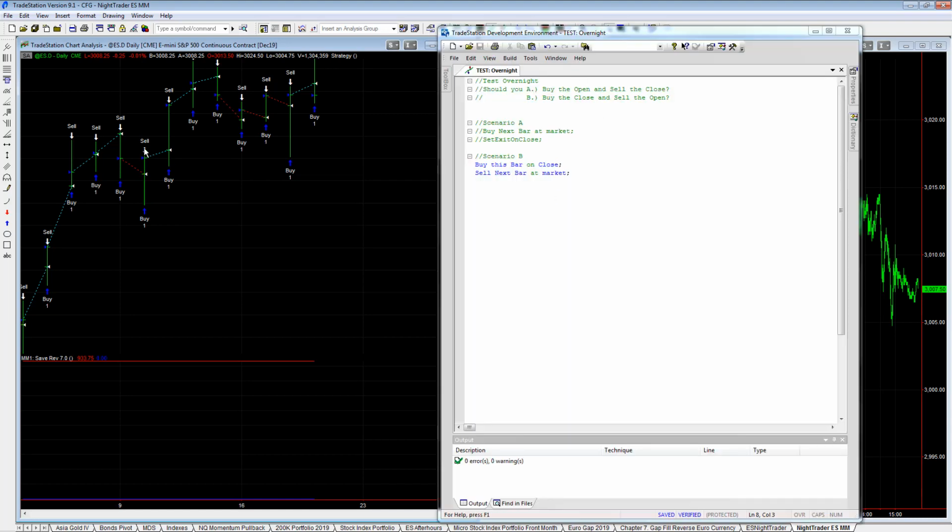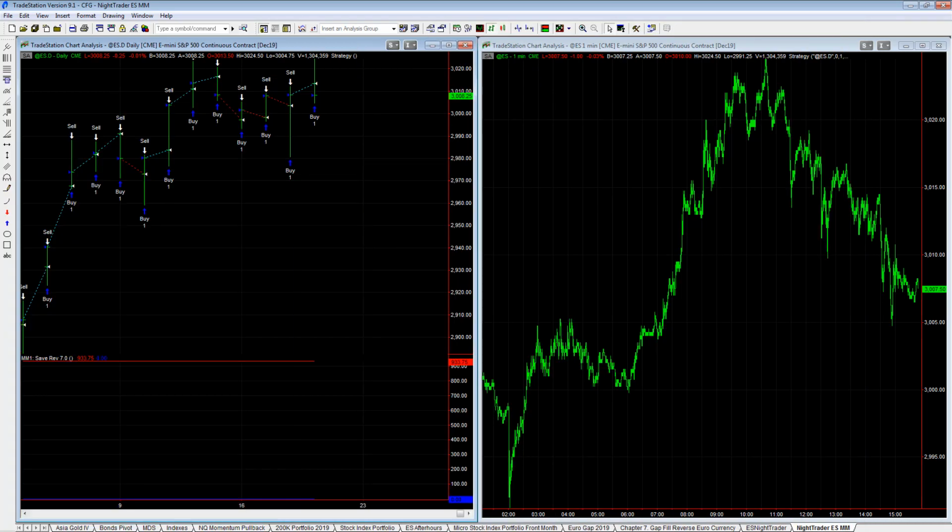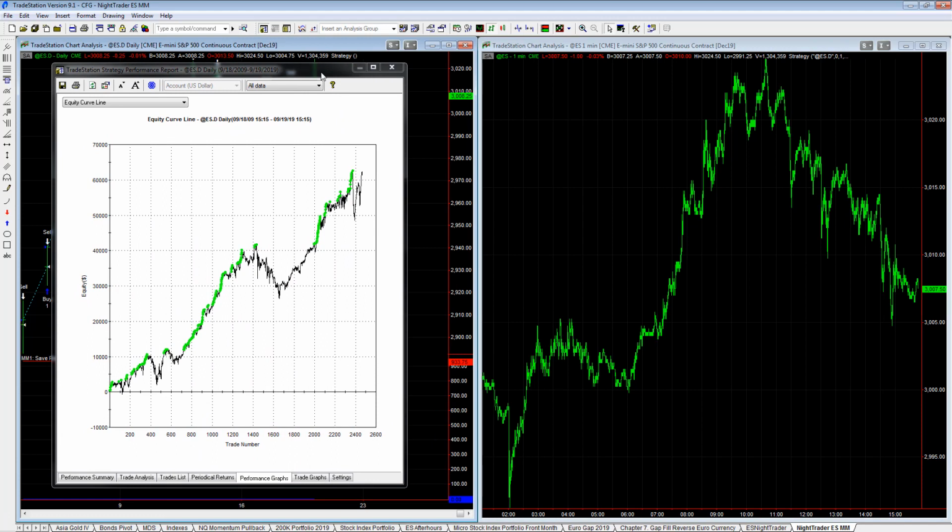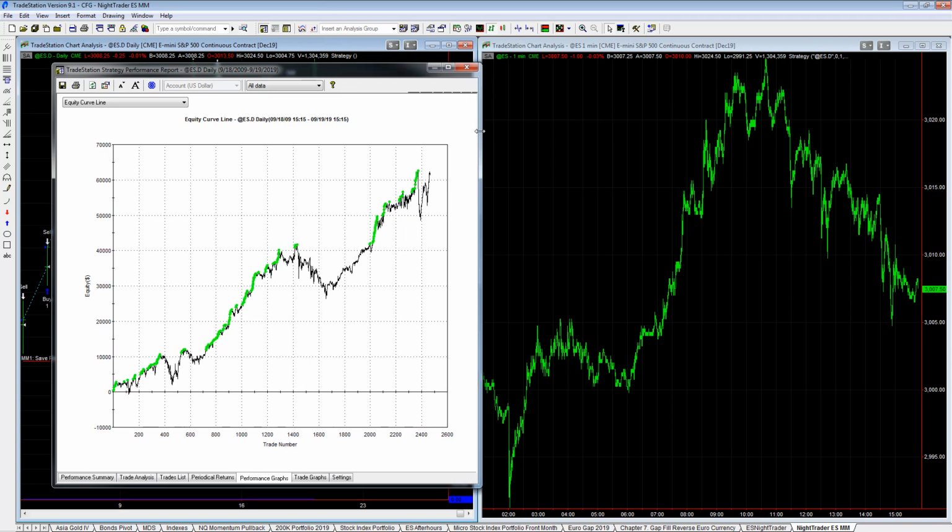So here's the code. We're simply taking the daily bar chart during the day session, buying it on the close, and then exiting at the day session open. So you buy on the day session close, you sell it at the open of the next day. No stop loss, no management other than that. And we use this just to characterize the market. We're not trying to develop a strategy,